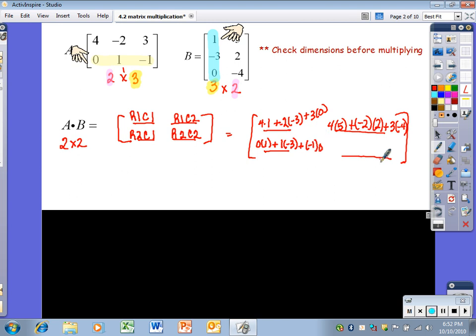And for my last element, it is in row 2, column 2. So I will still take row 2, but this time I will multiply it by column 2. So I have to move my fingers. So I have 0 times 5 plus 1 times 2 plus -1 times -4,